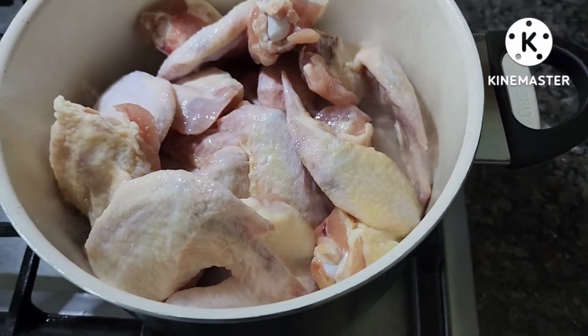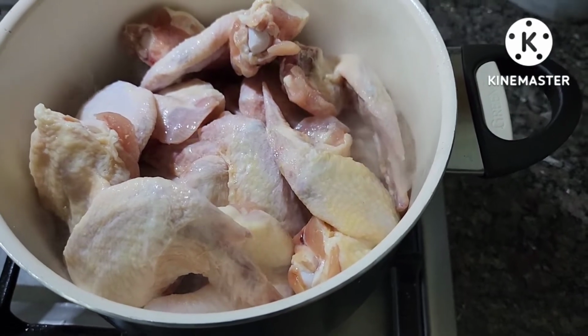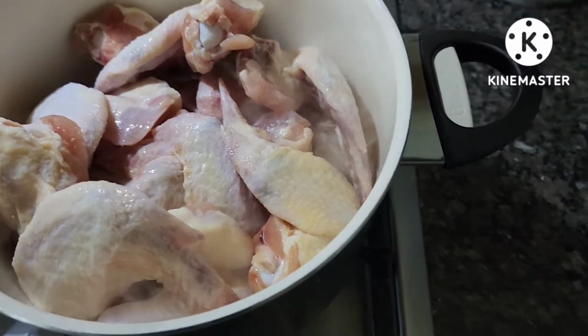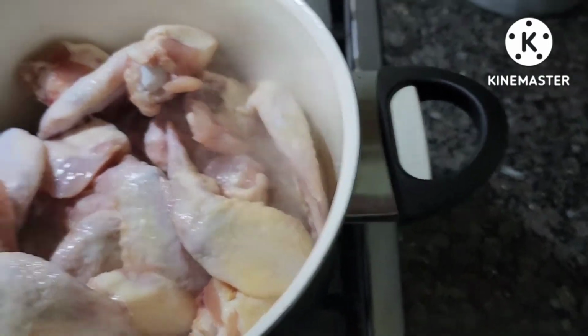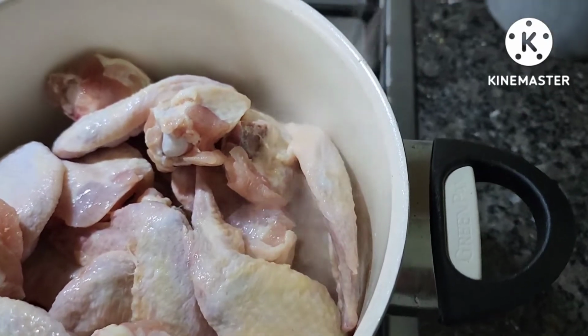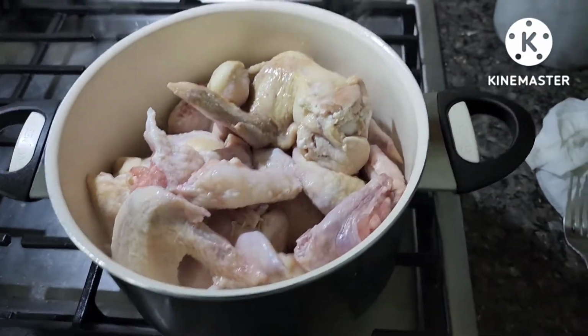I'm gonna use less water than I usually do. I'm just gonna try to get it a thick broth. I'm gonna add a little bit of cornstarch to get it a thick broth, but right now they're just simmering in the butter. And that's what you want it to look like, a little brown. Now what I'm gonna do,